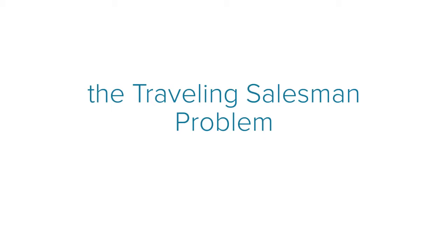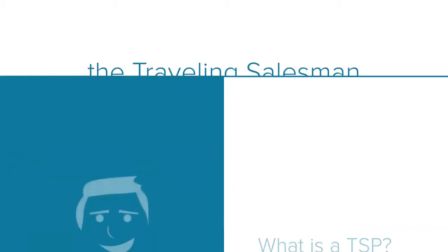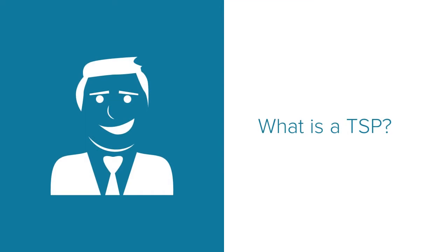What exactly is a traveling salesman problem? A traveling salesman problem is the idea that some sort of traveler, a business person, a satellite, really anything, needs to visit a number of sites or locations and then return home. We're going to look at a few examples here to help us get the idea.